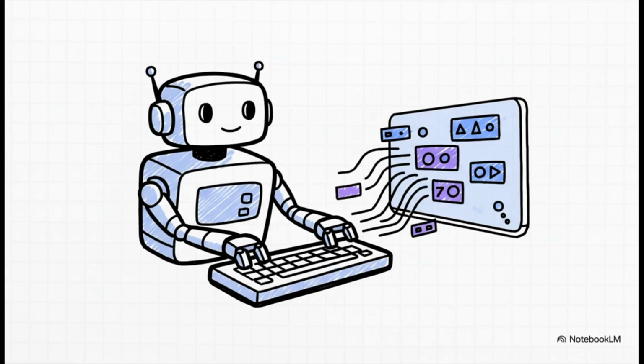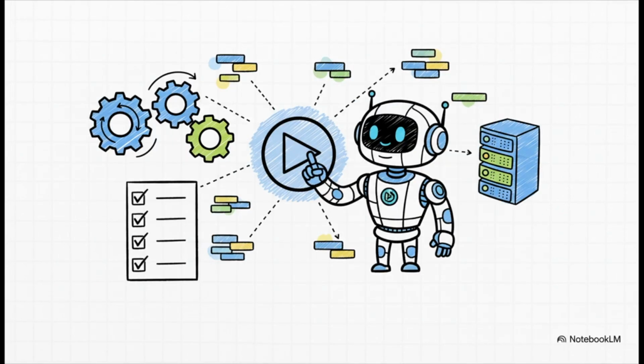So let's set the scene. It's a setup that's becoming really common for a lot of us. You have got a powerful AI agent baked right into your workflow, and a huge part of its job is to write code for you. And to be really useful, it can't just write the code. We are giving these agents the power to actually execute that code, to run our tests, spin up environments, automate all those tedious tasks. It's a massive productivity boost.